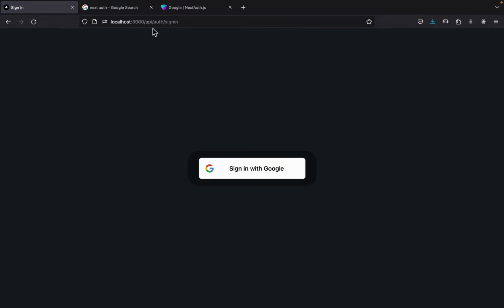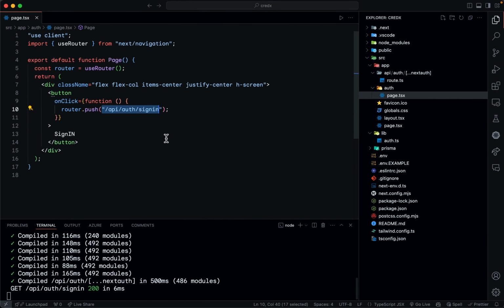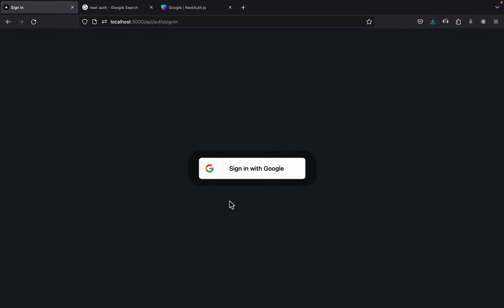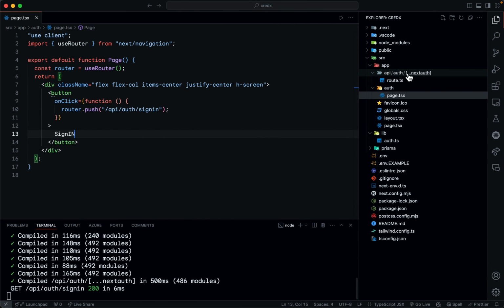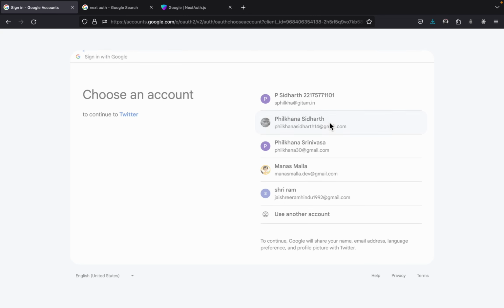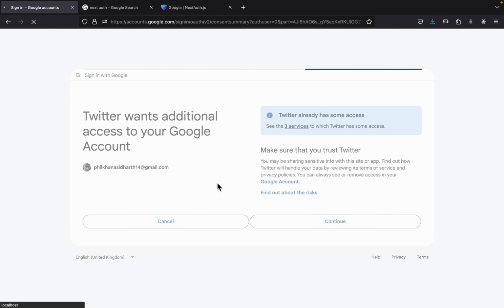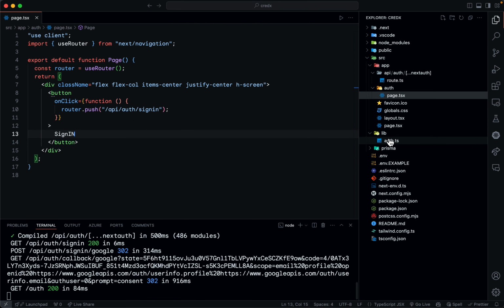If I click on this, it will go into /API/auth/signin, which is where we wanted it to go. And you can see a sign in with Google button, because that's where our NextAuth configuration was written, the API auth and everything as a get. You click on this, select an account, give the permissions, continue, and you can see we are redirected to the same /auth page, because if you go into